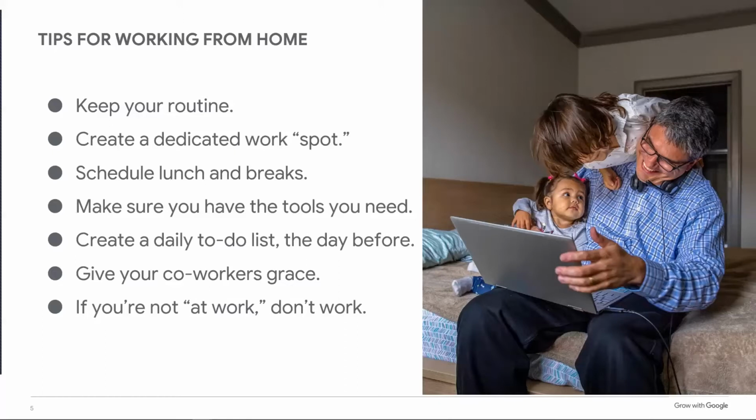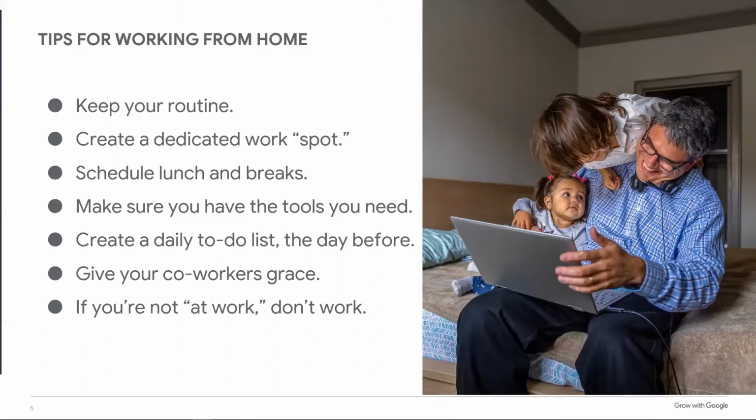You're not going to hit the unmute button, or you're going to stand up and they're going to see your PJs on the bottom because you have your blouse on the top. Whatever that looks like for you, something's going to happen, and you might need that same grace in return. Make sure that you're being that flexible.